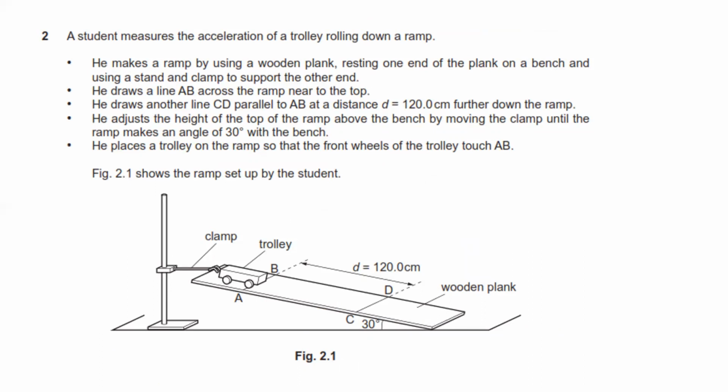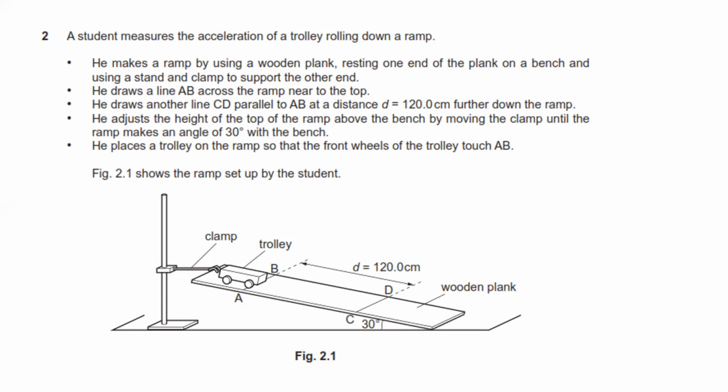trolley rolling down a ramp. First point, he makes a ramp by using a wooden plank, resting one end of the plank on a bench, and using a stand and a clamp to support the other end. Okay, he draws the line AB across the ramp near to the top. He draws another line CD parallel to AB at a distance 120 centimeter further